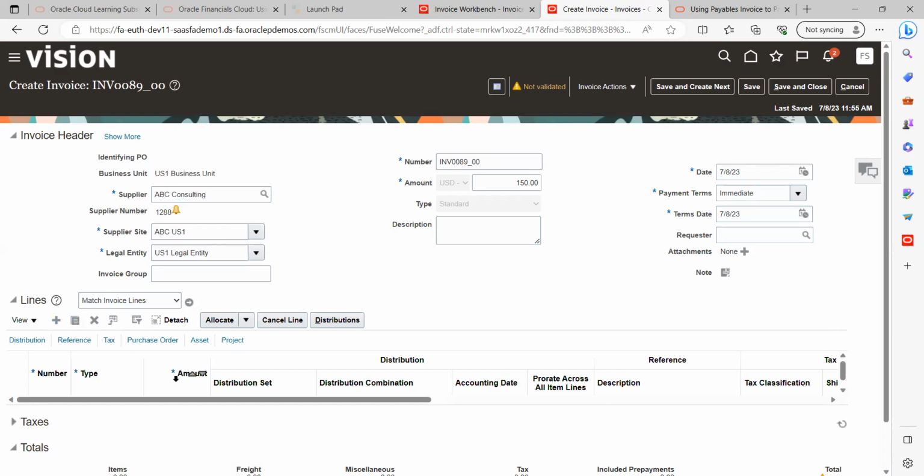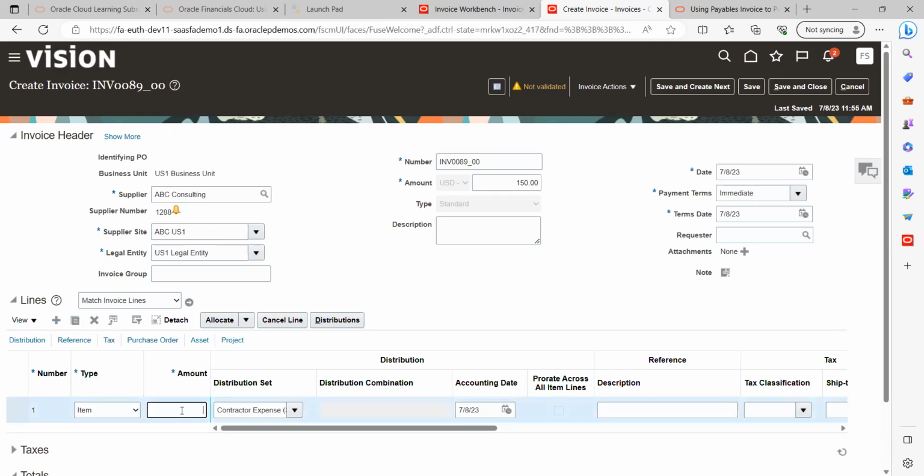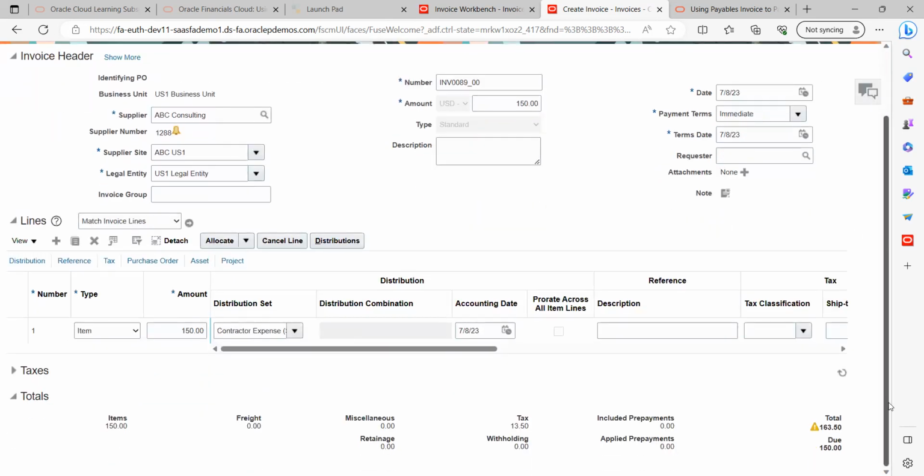Click on the plus symbol. Our invoice value is $150. I have taken a distribution set here, so no need to provide any defaulted distribution combination. So again, I will go and save the record, and do the validation. Now you can see a tax amount got calculated by the system automatically based on the configurations. Since we are using a test instance, right? That is why it is showing as